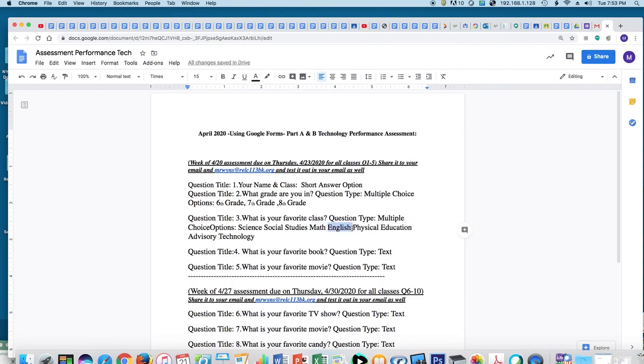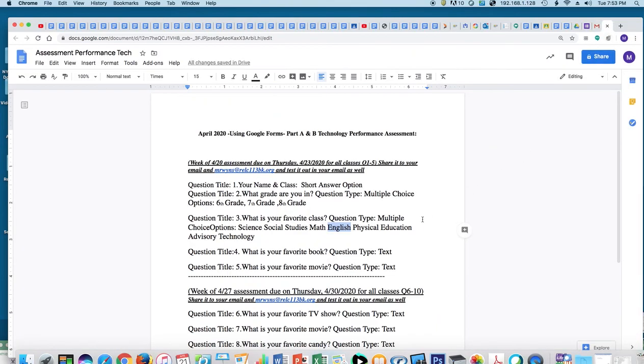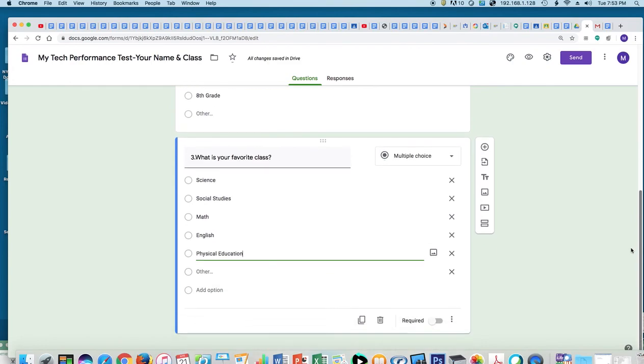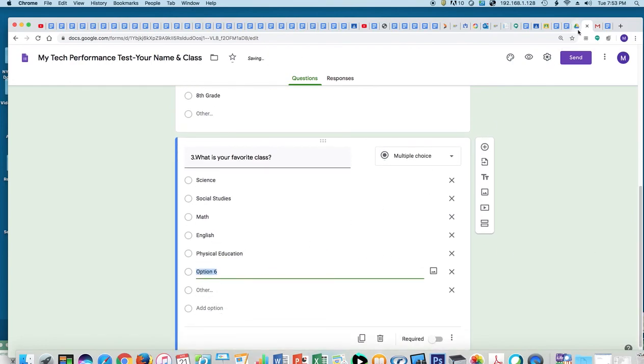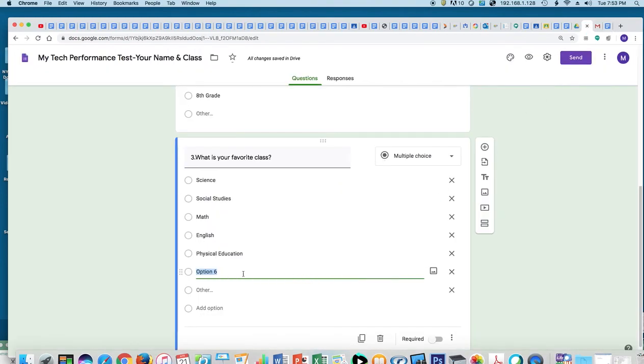The English, Command C copies, Command V paste, add an option for option 5. Physical education, copy, Command C, Command V paste, scroll down, add another option, go back, advisory. We're almost done with round 1. Paste that in, and one more choice for here,